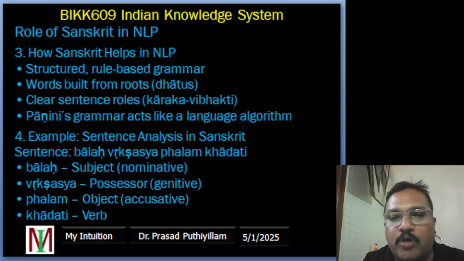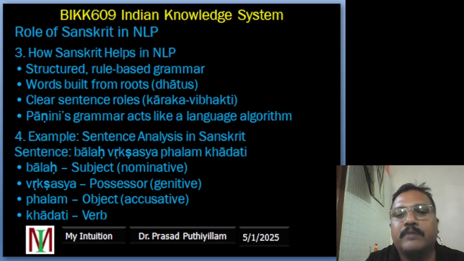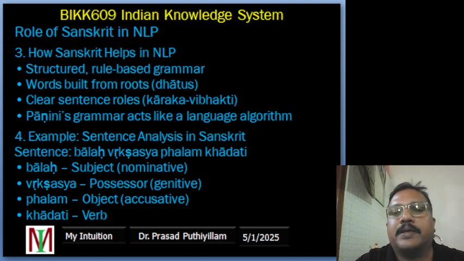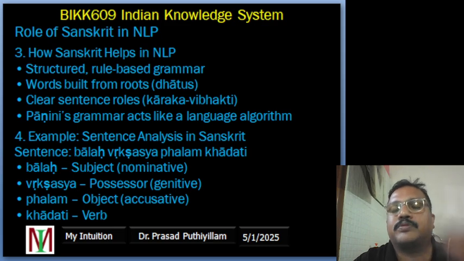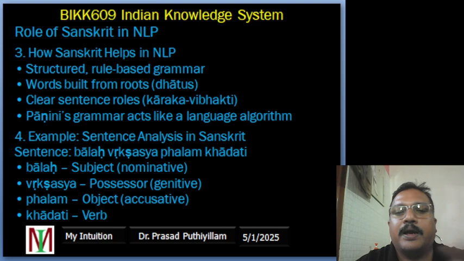It follows strong grammar rules with almost no mistakes. It builds words from root verbs called dhatus, and it uses word endings called vibhaktis to tell who is doing what, and it follows a smart rule book